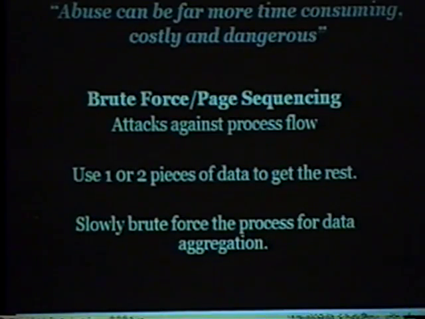So, take a bank for instance. You have the person's name. You're probably going to know their social security number. Maybe you don't. Maybe you know the zip code of where they live. And you automate the process until you get the right social security number, which is a finite key space, especially if you know their zip code, and you land in the next sequence. You might have no need to get access to their account. You just want their social security number for whatever reason. Just simple data aggregation attacks. These happen everywhere in page sequencing attacks.